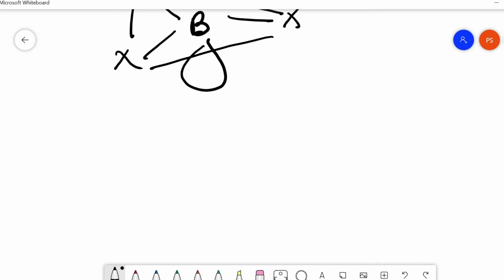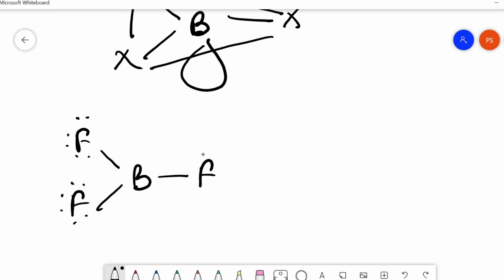That's why it can accept electrons and act as a Lewis acid. Now for BF3, the fluorine atom has a lone pair of electrons. Now boron and fluorine have comparable size. That's why fluorine donates its electrons and forms a back bond,